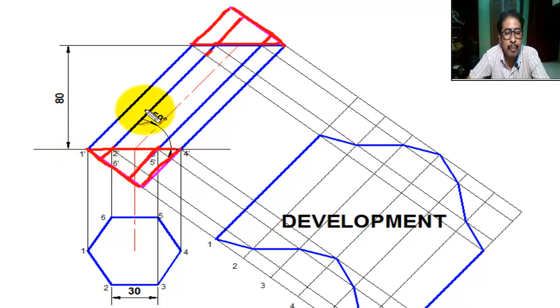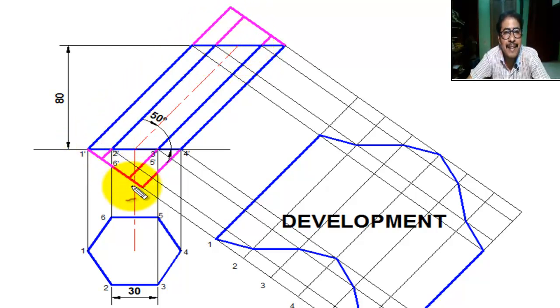Now this is the front view of the regular hexagonal prism. Okay, this is the side of the regular hexagonal prism. This length is the side of the regular hexagonal prism. Okay,